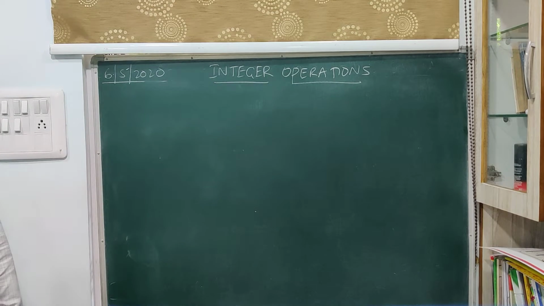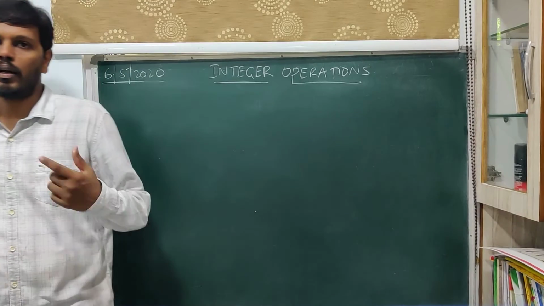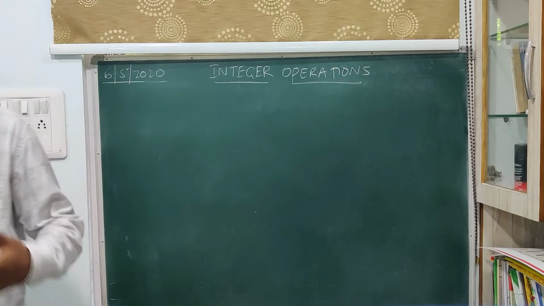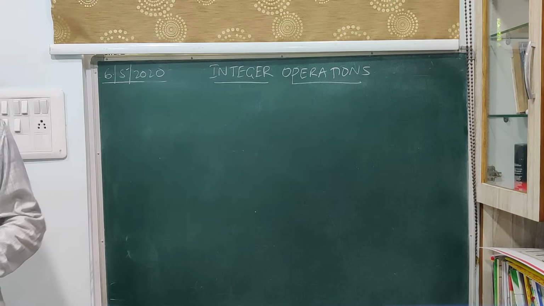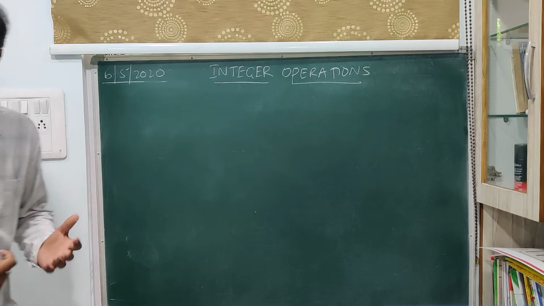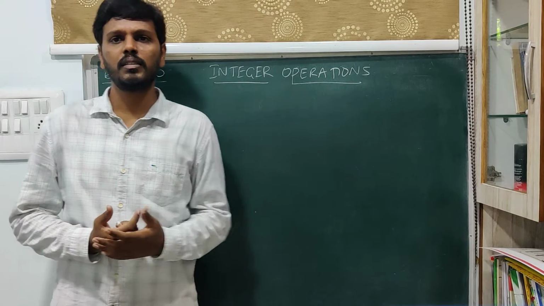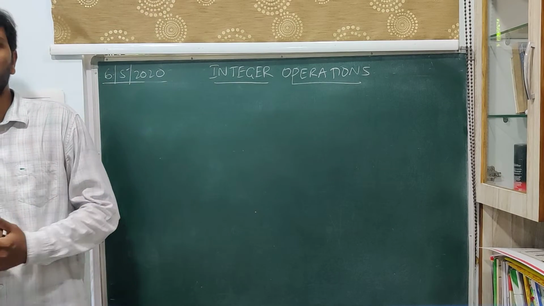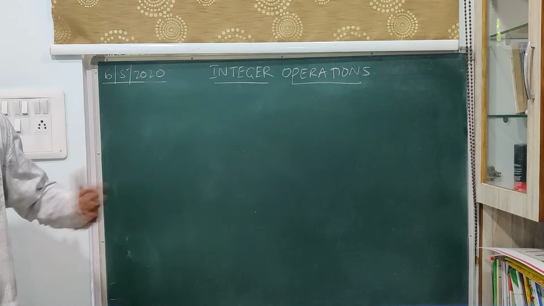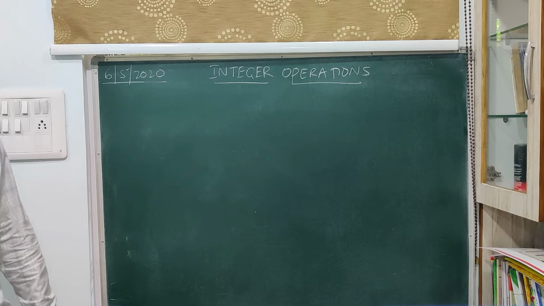Good morning. Today we will be discussing integer operations without using a number line. Unlike the previous way where we started with addition, subtraction, multiplication and division, we will go in the reverse order. That will be much easier. The aim here is to do operations on integers without using a number line, because every time using a number line is a bit of a tedious process. So without using the number line, we try to arrive at a general process to do arithmetic operations on integers. We start with division initially.